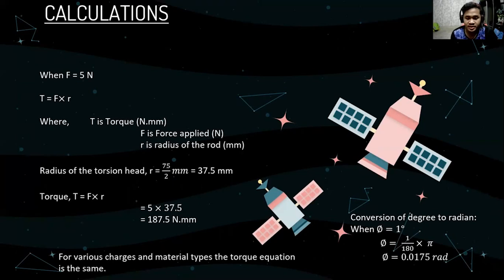For example, R is equal to 7.5 and 2 millimeter. So we can get 37.5. So 37.5 is the diameter. So we need to divide by 2 and we get the radius. So torque T is equal to F times R, force times radius. For example, we got the force is 5 times radius is 37.5. So we got 187.5 millimeter. For variance,